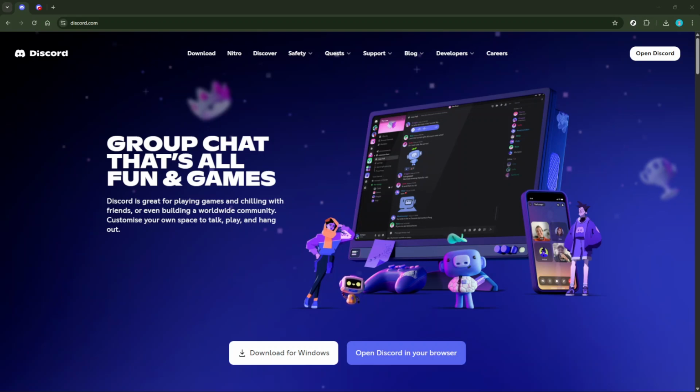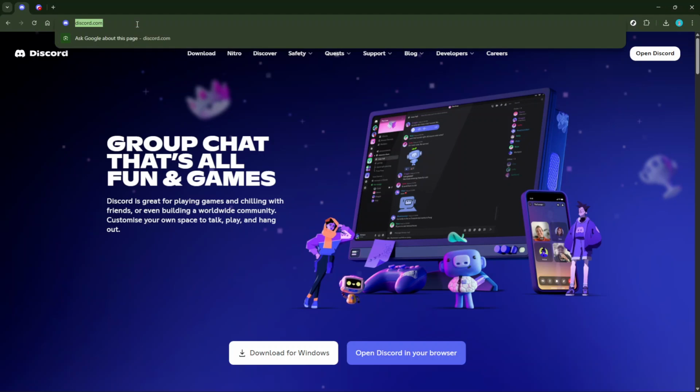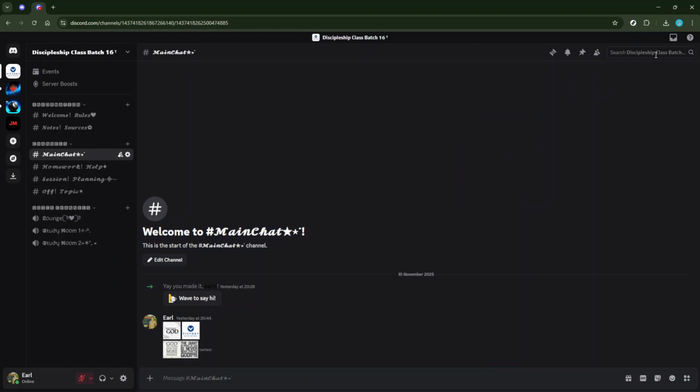First things first, you need to have the Discord application open on your device. If you're on a computer, ensure that you've logged into your account. You'll notice various panels and icons, but for now, let's focus on the lower left corner of your screen. Here, you'll find the user settings. It's represented by a little gear icon right next to your profile picture and username. Go ahead and click on this icon.